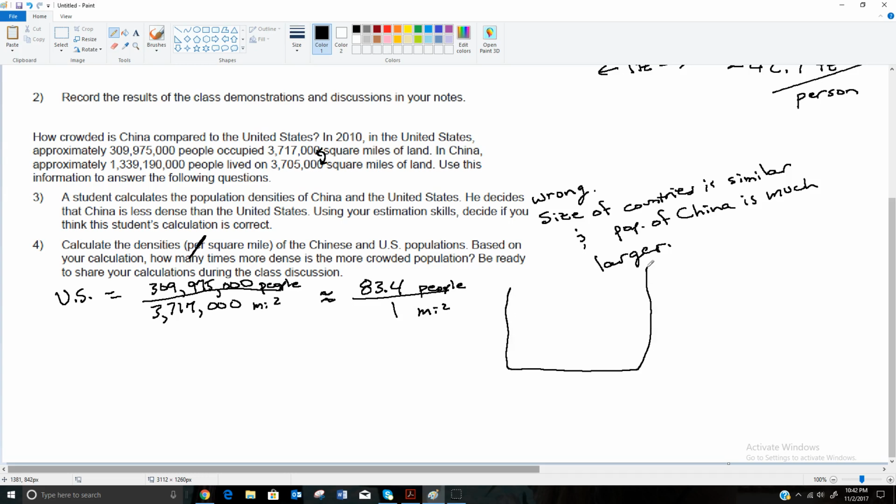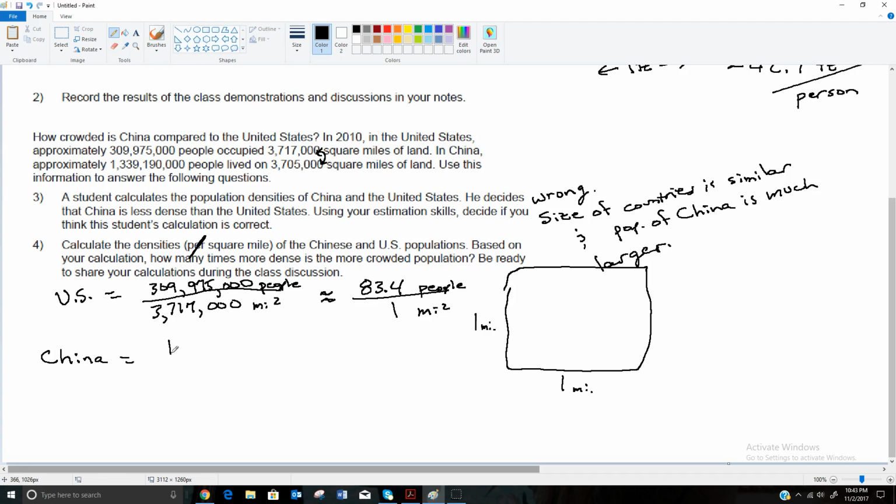Again, a square mile would be an area that is 1 mile by 1 mile, which is a fairly decent size area. If you're a runner or you ride a bike, or even if you just drive, and you watch on your odometer for 1 mile to pass, that's a fairly decent distance. And then if you take that, both this way, and then all the area in between there, that's a pretty decent amount of space. So now if we go to China,